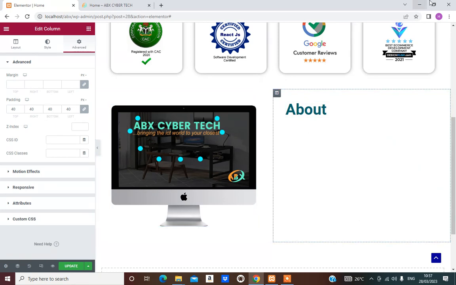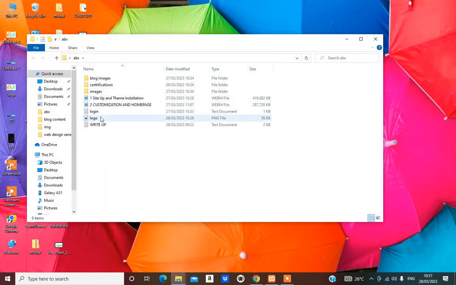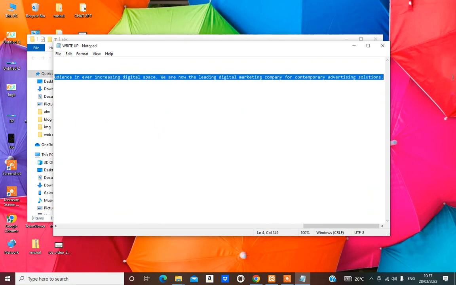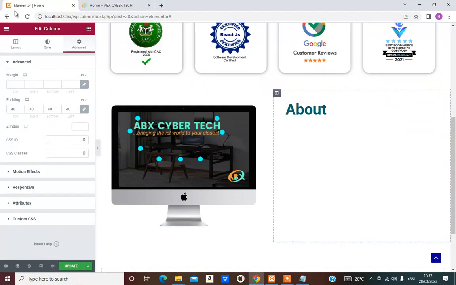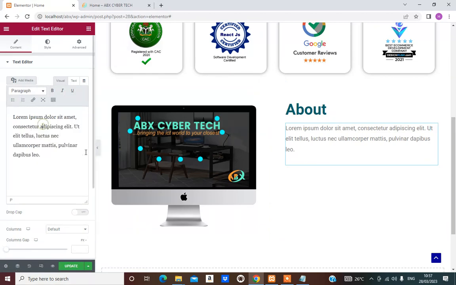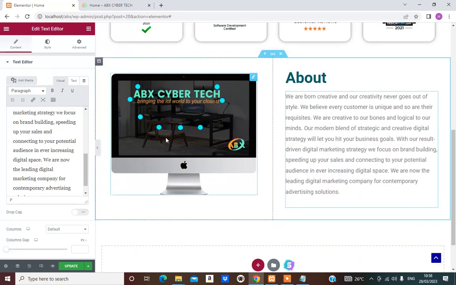I have my write up, so I'm going to copy it and fill it from this folder called ABX. So I have the write up here that I'm going to copy and fill in. This is it. Who we are, everything about the company. Just take it there. From the Elementor panel, you take text elements to the screen. Then you fill in the write up that I copied, right? So as you can see,